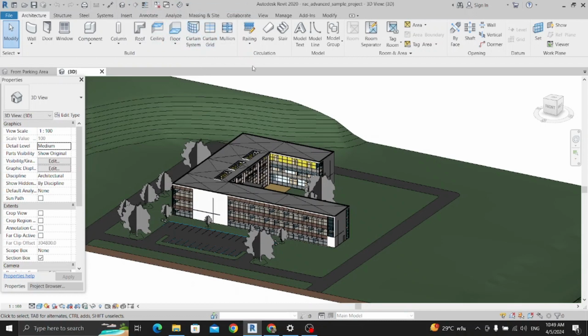And let's imagine that you want the wall tool to be up on the quick access toolbar. Just right click on the wall and click add to quick access toolbar. You can see that just here, right? The wall button is up here on the quick access toolbar. So that's about the quick access toolbar. And below that, as you can see, the file, architecture, structure, steel, systems,